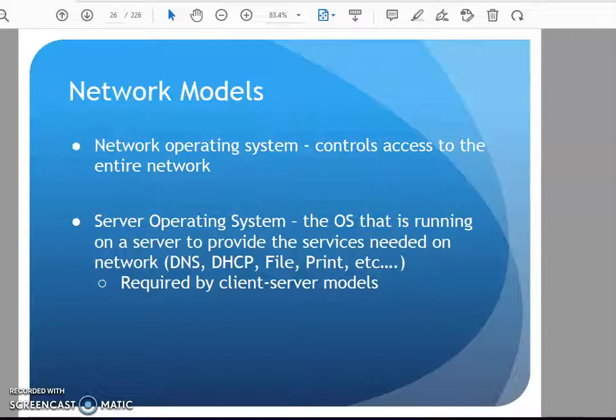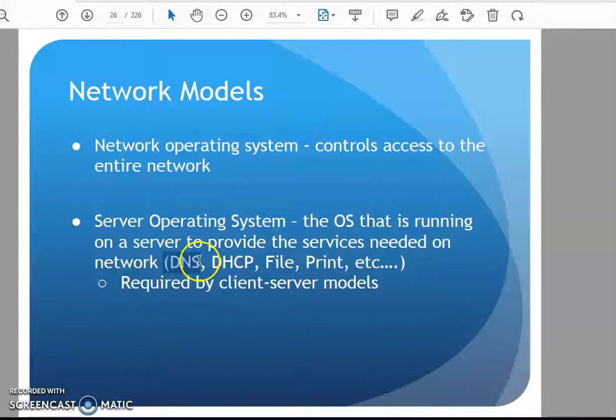That's my operating system. For networking, we have what's called a network operating system. This is the software that's typically on a server that provides my network server functions, if you will. Things like DNS, DHCP, file and printer sharing,